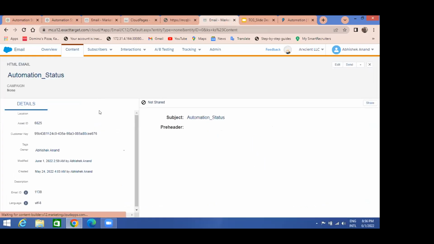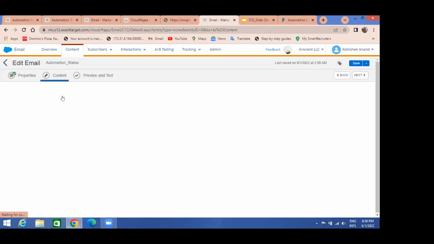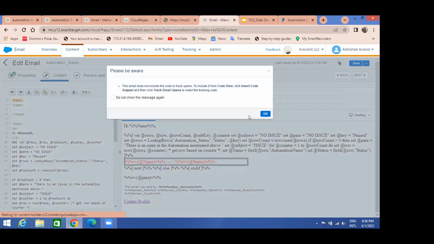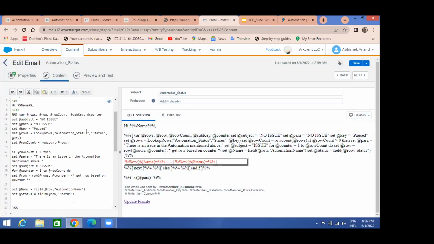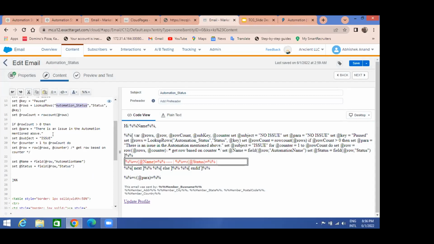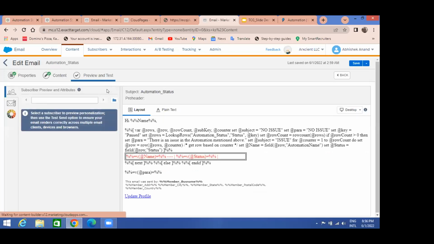Okay. So in this automation, I would be using the preview and test method to just check how that looks. In the content also you can check, this content is a simple one. Over here, I'm just checking all the data from this automation status, using a lookup row. I'm fetching all the details. And then I'm running the loop to fetch how many automations are in pause state. Okay. And just displaying it in this email. So if I do a preview and test,